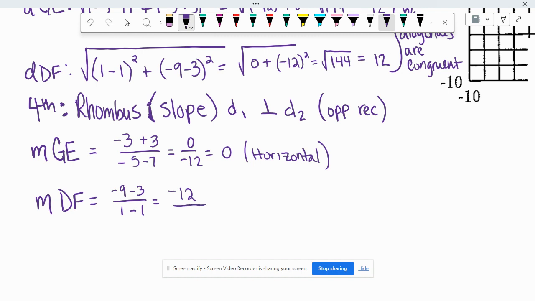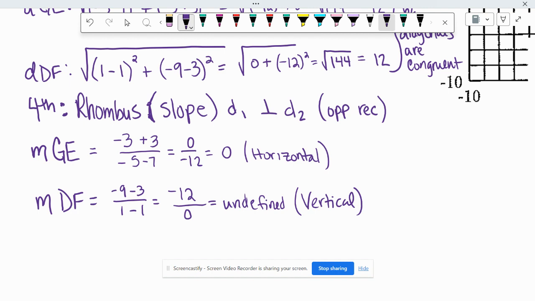Kian, what's 1 minus 1? What kind of slope is this? Someone put that in their calculator for me. It's undefined. You can't divide by 0. What kind of line has an undefined slope? A vertical line. And we know from proving with Pythagorean theorem, we know that horizontal and vertical lines are perpendicular